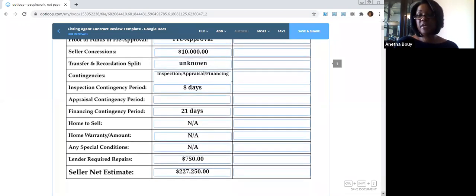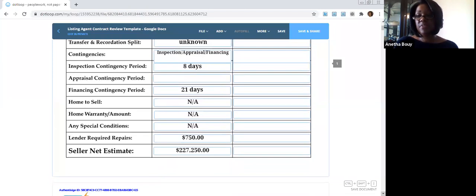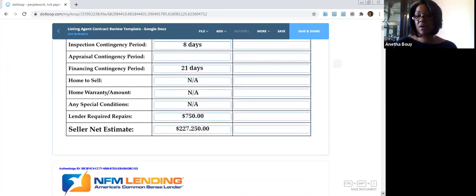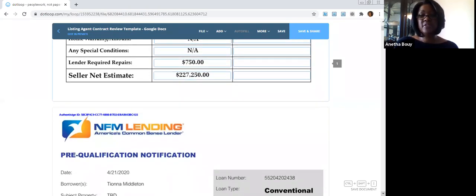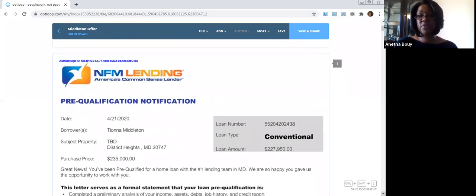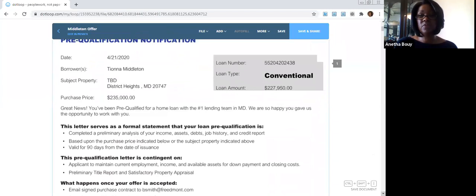And so what I'm going to do now is go through the offer contract individually so that you can see where they are pulled from, okay? The first one I'm going to go over is Tiana Middleton's offer. Here's her pre-approval letter. It states that it is a conventional loan, and it states the purchase price of the property,